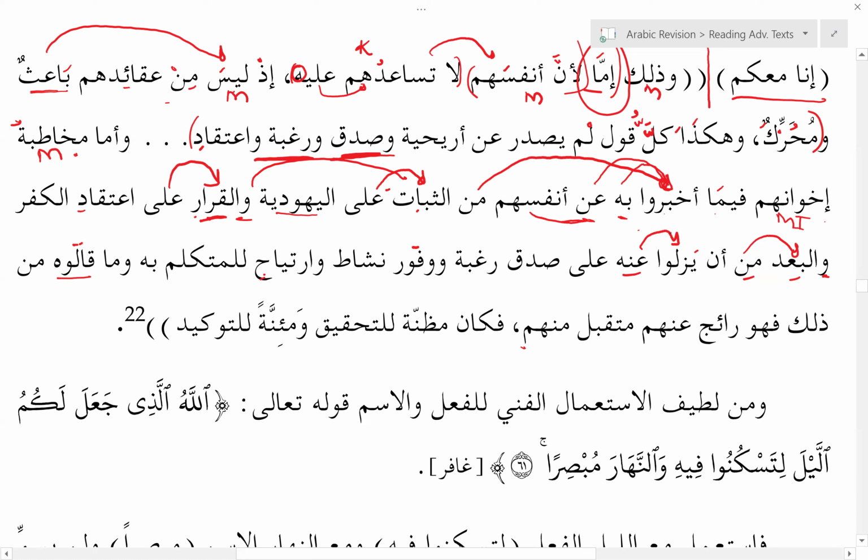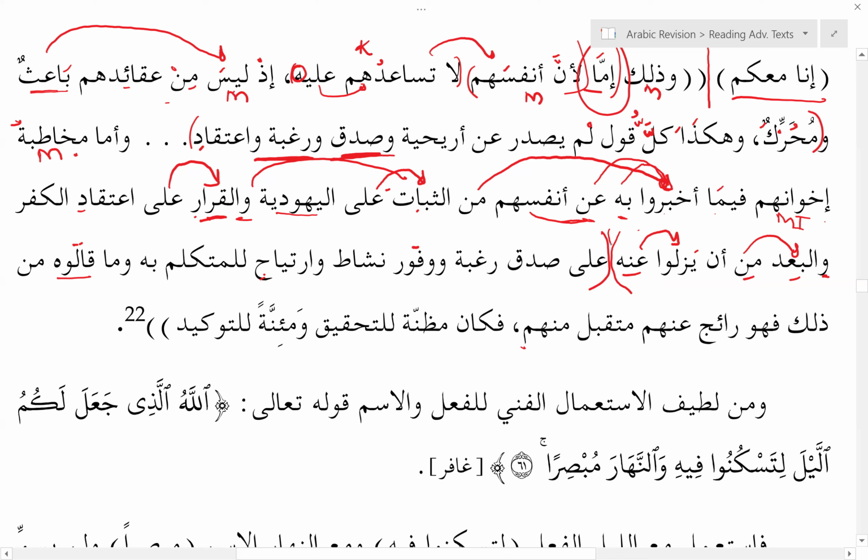Right? Now على صدق, seems like there's a break there. أن يزل على صدق, to slip upon truth? No, doesn't sound right. So that tells you that here there's a break. So this whole part is part of the mubtada, like the shart part, if you will. That's where the condition ends. So if all this condition is fulfilled, then what? Then فهو على صدق رغبة ووفور نشاط. So now this begins our jawab part, if you will.